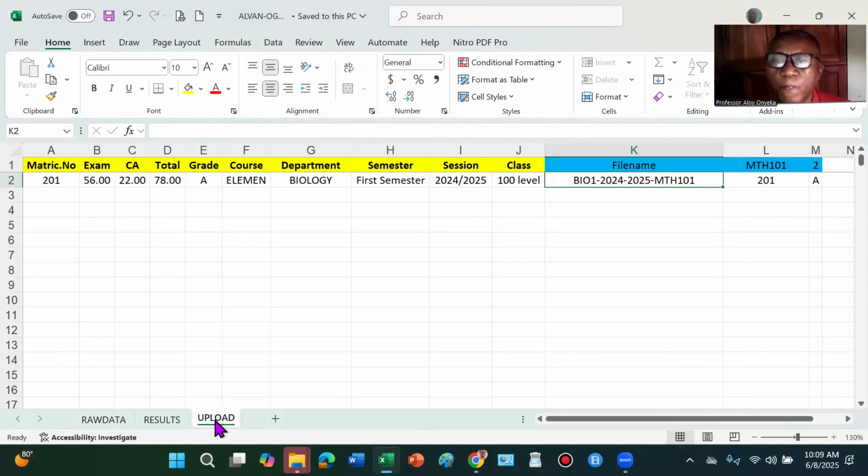You go to upload. So when you go to upload, you can see the file name is already here. It comes up automatically. Everything here comes up automatically. So now this is the file name, Bio 101. The Bio here is for students in the biology department. The 1 is for first semester. If it is second semester, you will see 2. Then